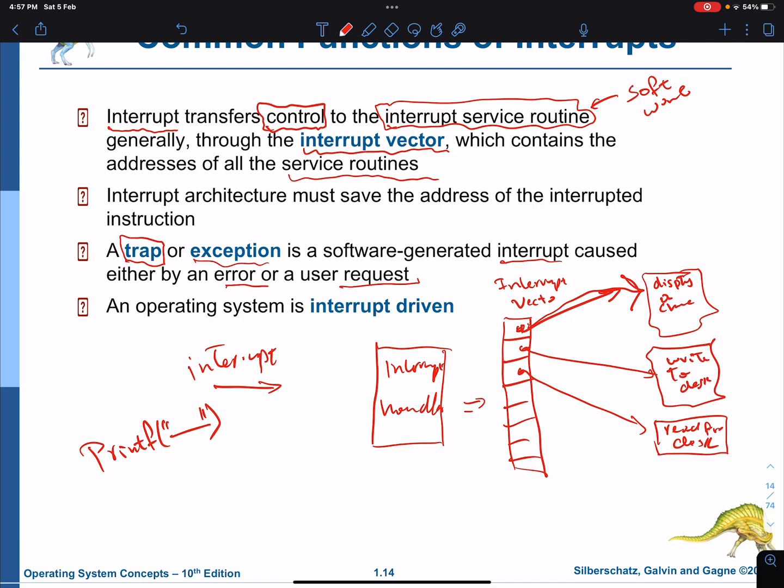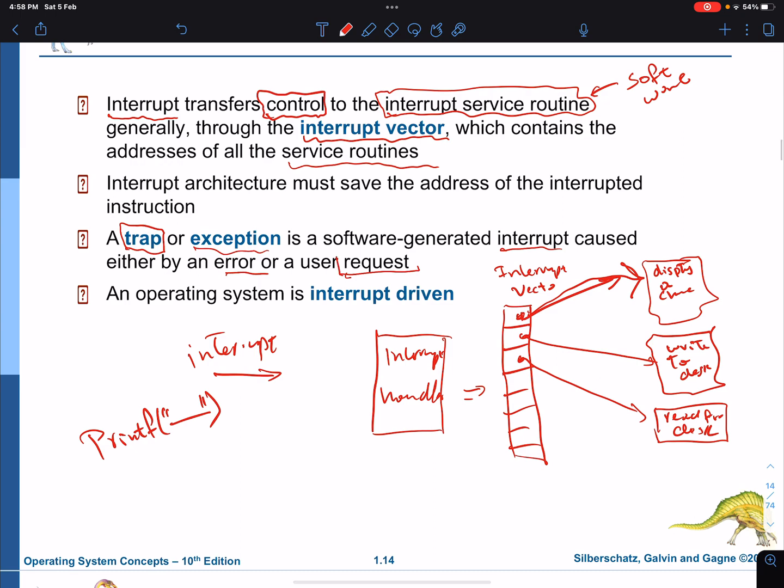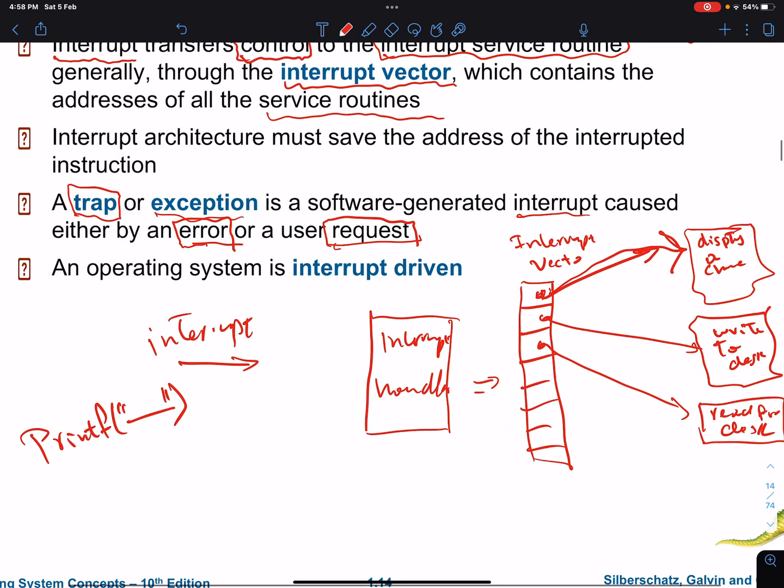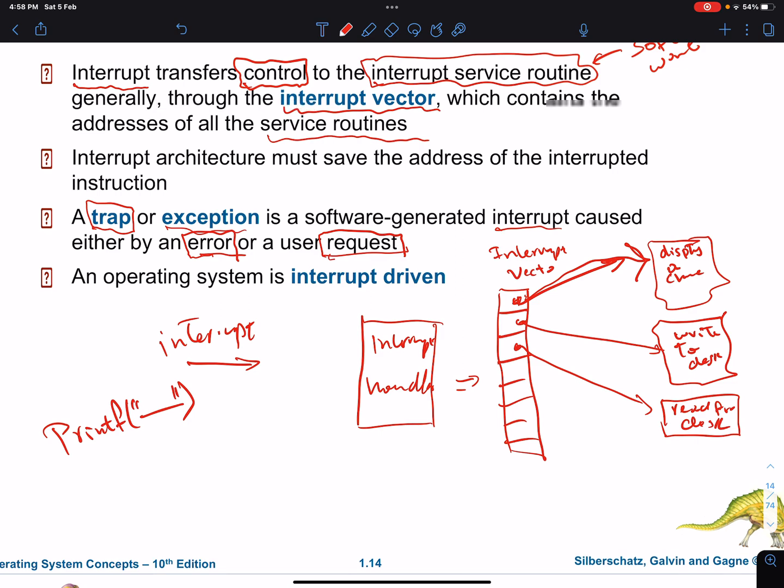You can try and catch an exception. You can also generate an exception. So you can request an exception to occur, or if an error happens, you can catch the exception resulting from this error.